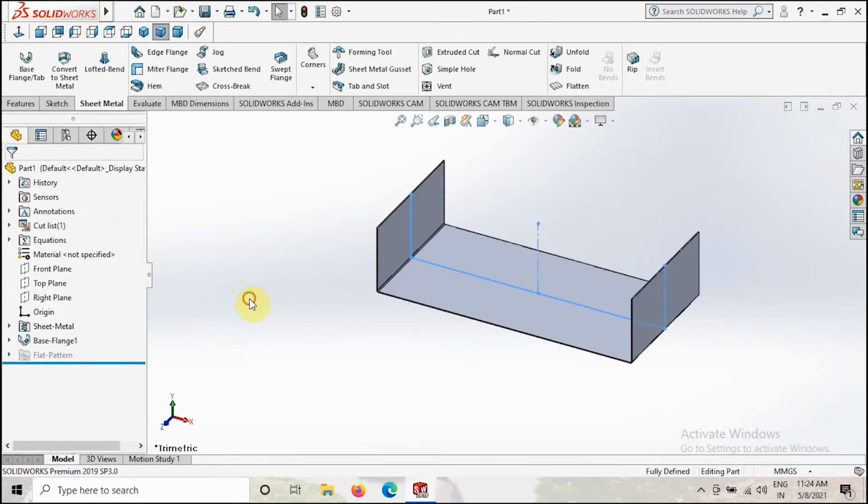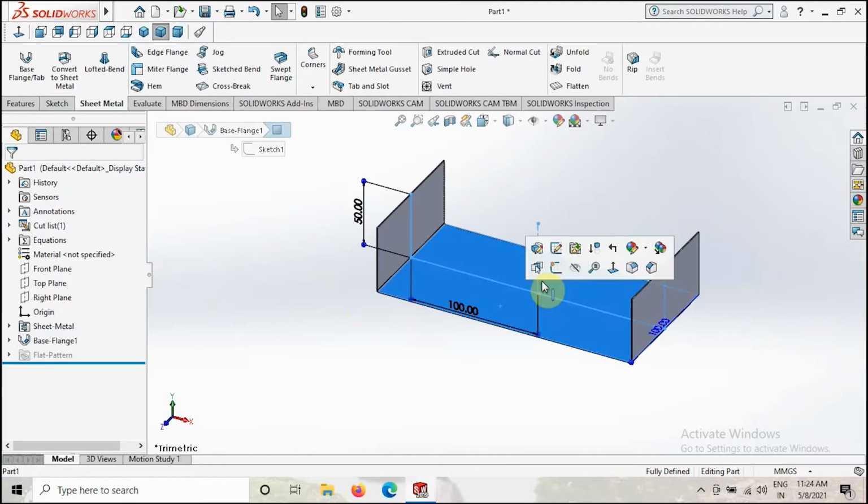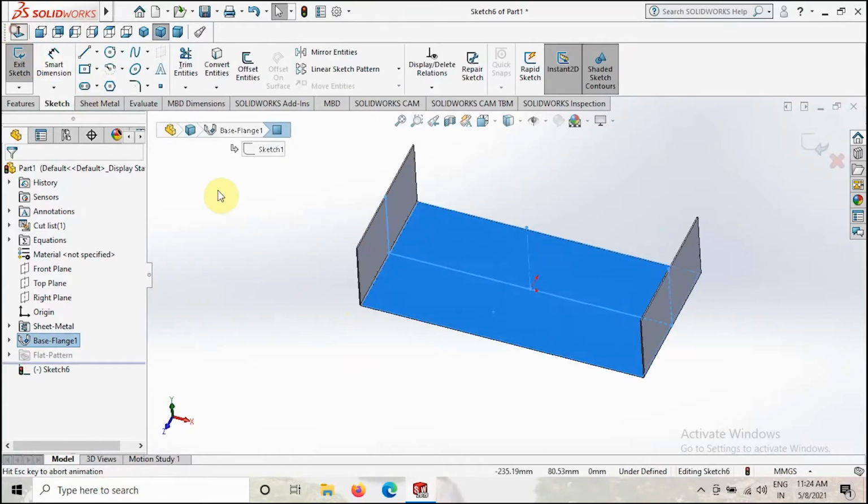Now my model is created. Now there is one more flange inside this one.